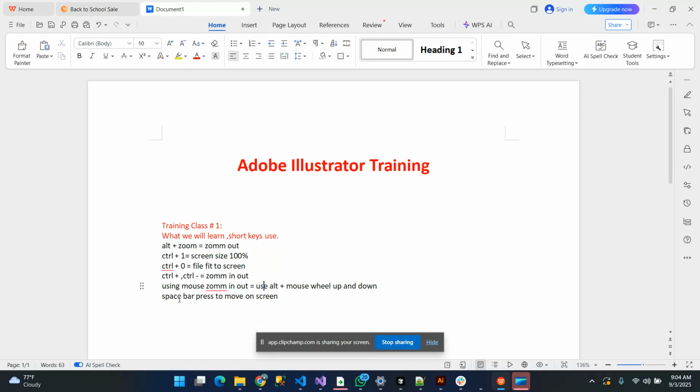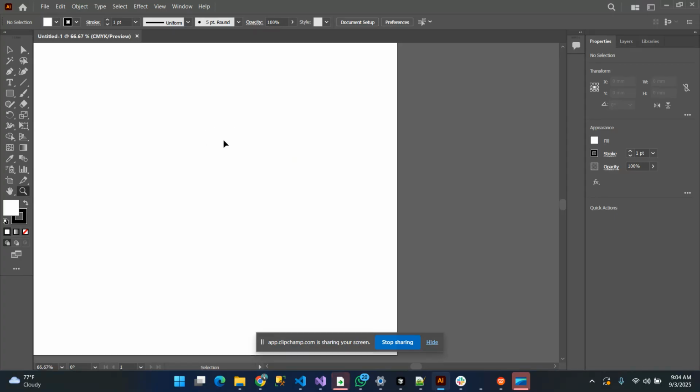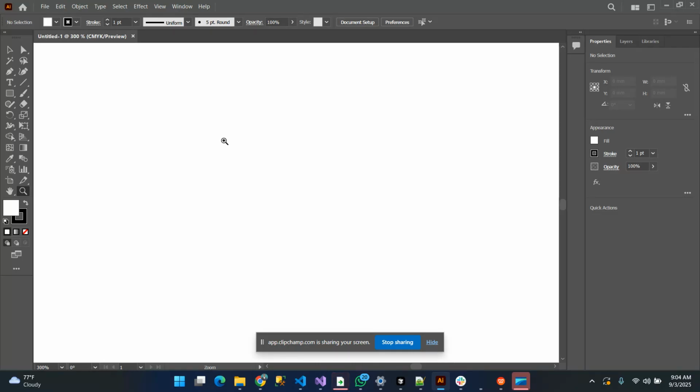And our last one is the space bar to move your screen. Yes, when we have to move the screen, we press only the space bar. Keep holding the space bar, and we can move between any section, any area of the file. Here you can see I have pressed this, and it moves like this. If we have content like